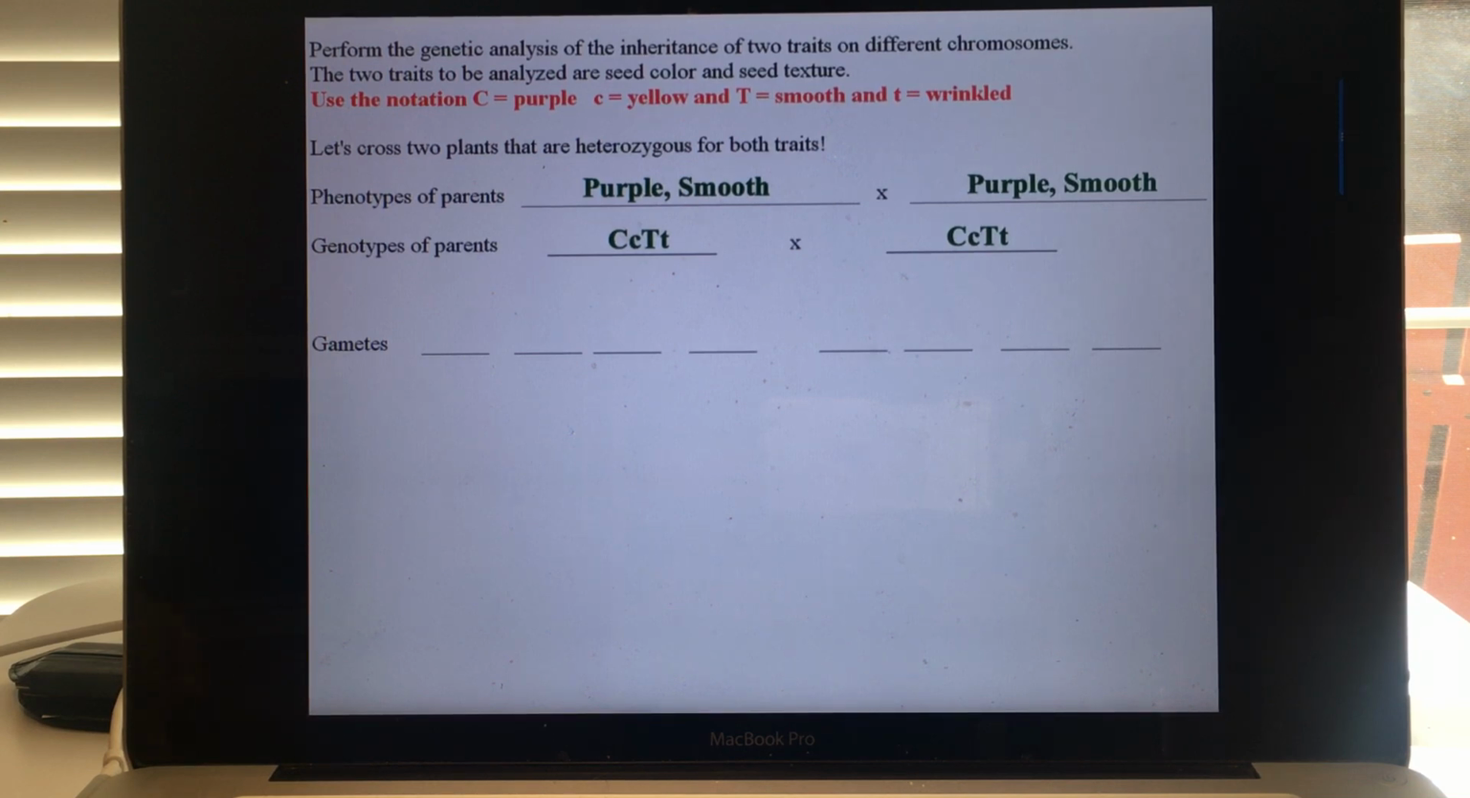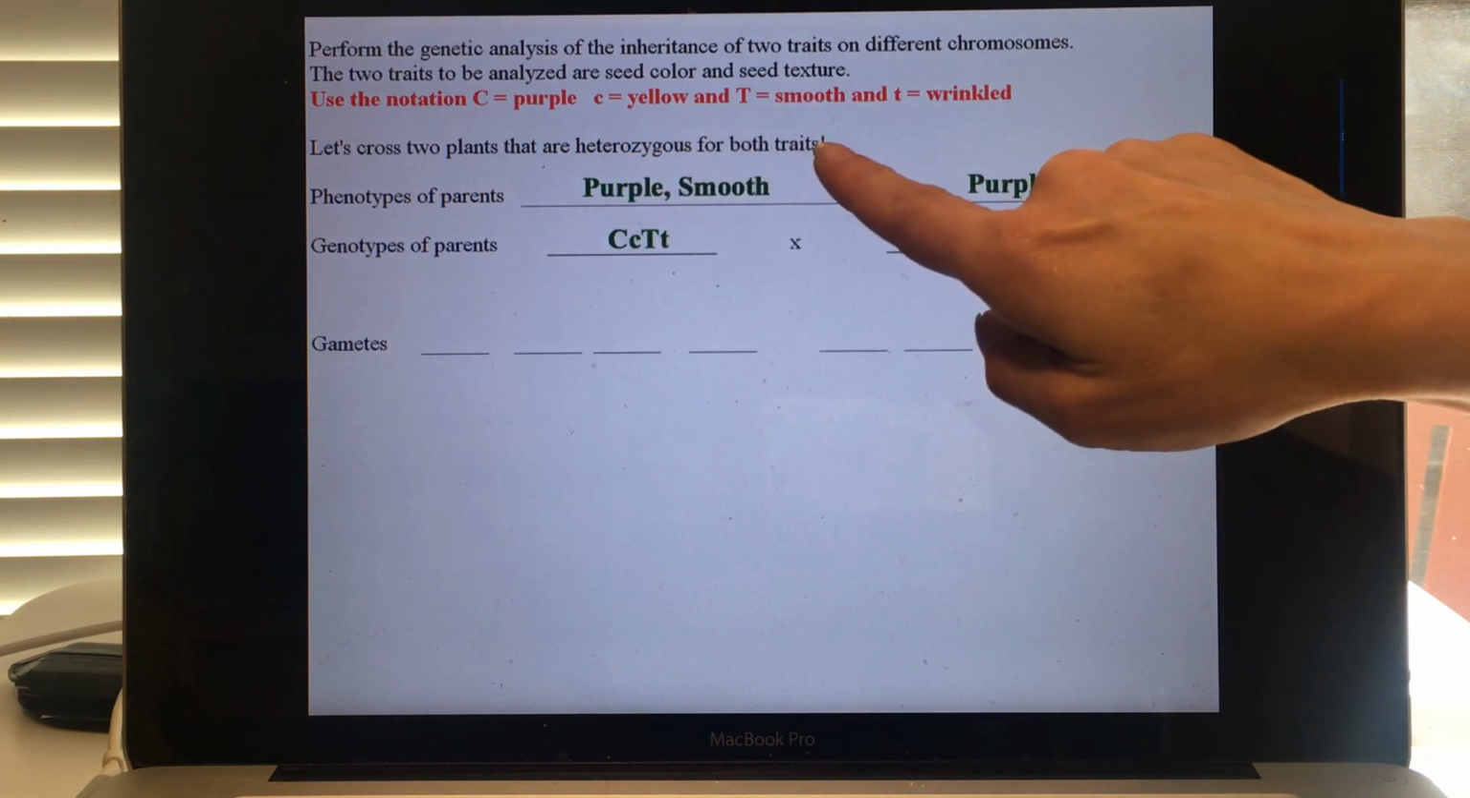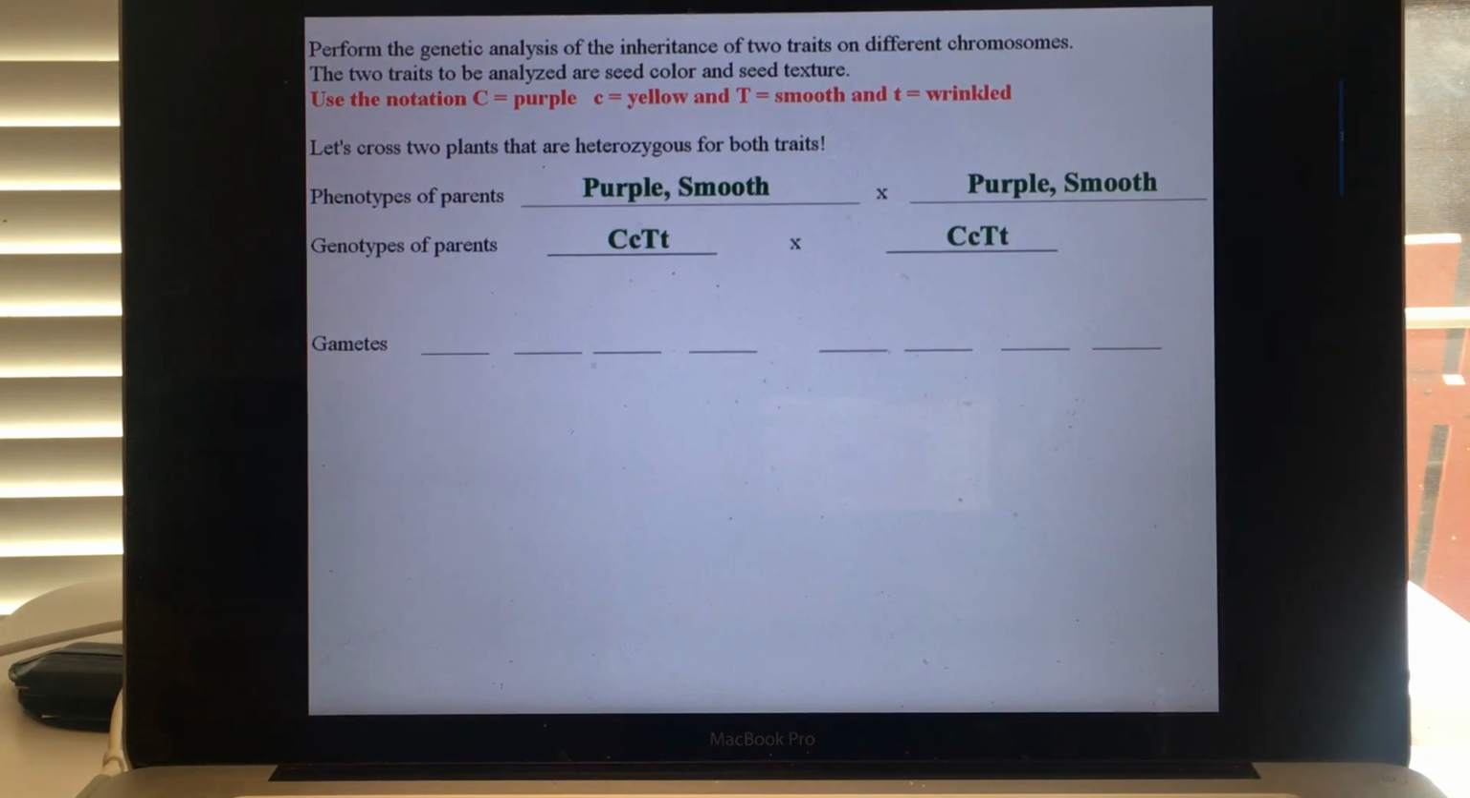Okay, now the reason that we went big C, little c, big T, little t is because it said let's cross two plants that are heterozygous for both traits. So that's how we knew it was big C, little c, big T, little t. Now the trick here, this is where it gets a little tricky, although not that tricky if you've been paying attention in your previous math classes,